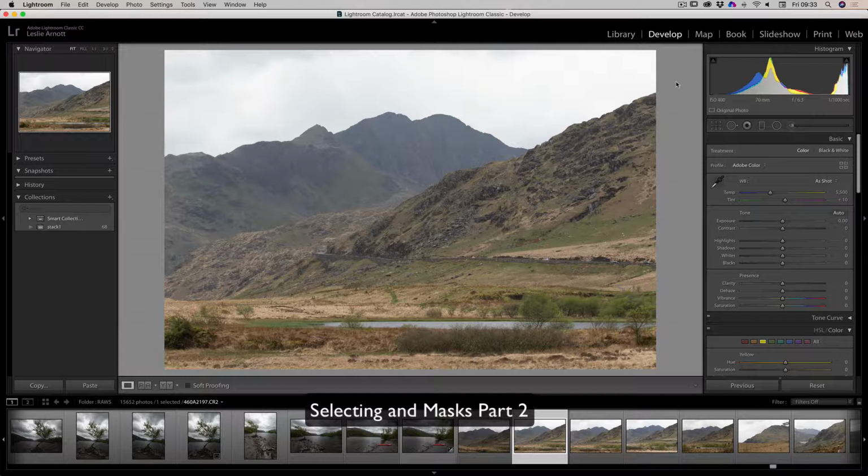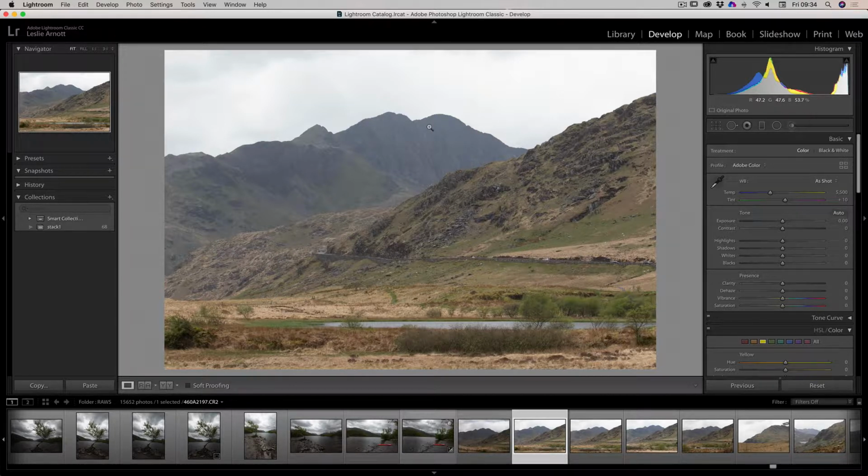Okay, in this tutorial what we're going to look at is a simple way to make a selection of the sky in Photoshop. We're actually starting in Lightroom, but we're going to go into Photoshop after and make the sky a little bit more enhanced on this photograph. And this is one of those typical photographs where you've got that bland sky